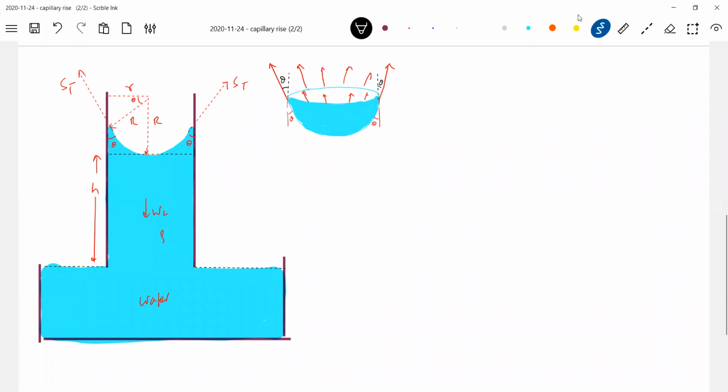No, who will balance the force due to surface tension? The weight of the liquid has to be balanced, that one. So I'll write it now. Force due to surface tension should balance the weight of the liquid. What is the force due to surface tension? This will be the